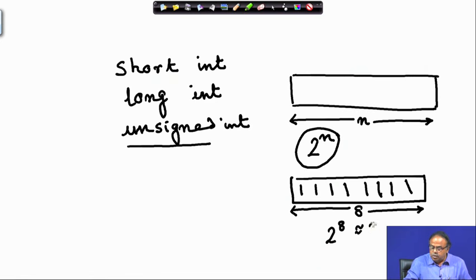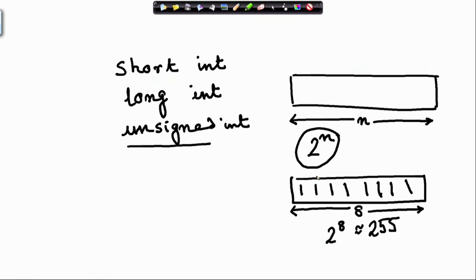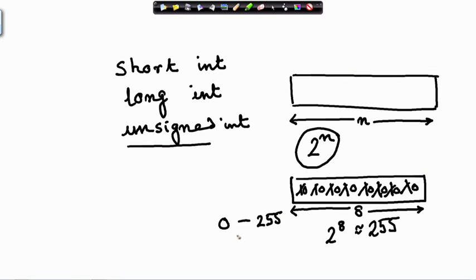So, 255, and if each of them are made zeros, all zeros will be 0. So, I can have the range from 0 to 255, that means I can store any one of 256 distinct values.